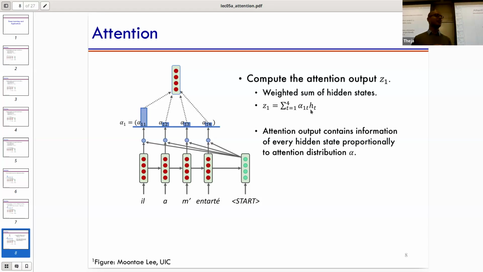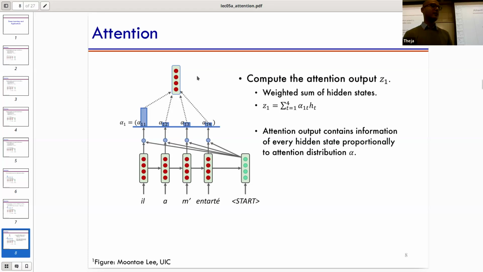This is the simple computation that's happening. It's a very mechanical process: whatever hidden vectors you have, and the first decoder hidden state, you compose it, you could do an inner product or whatever, get these attention scores, normalize them, get the attention weights, and then do a weighted average to get an attention output. Z1 is just a weighted average, where the alphas are the ones we computed by composing each hidden vector with the decoder hidden vector. So what is the net result of this attention output? It contains information about every hidden state, but it is predominantly capturing the hidden vector which has the highest attention weight.